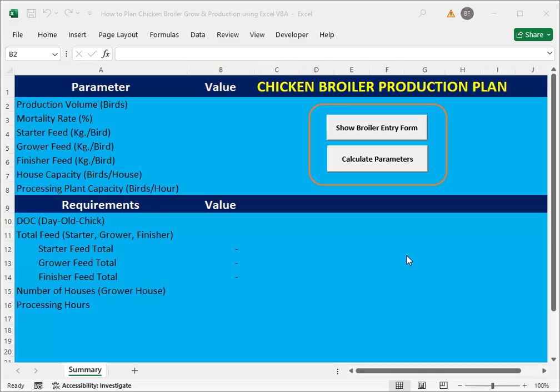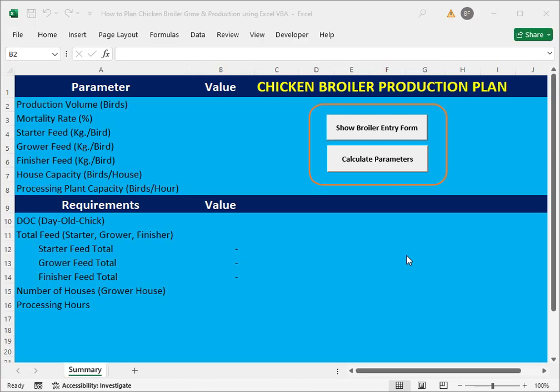Hey everyone, today I'd like to show you this exercise on chicken broiler production planning. If you're a businessman or a company owner who would like to do a poultry business producing chicken broiler in the farmhouses, this exercise would be useful for you. And I'm gonna automate this exercise, creating macro and writing the VBA codes in order for this exercise of planning to be effective